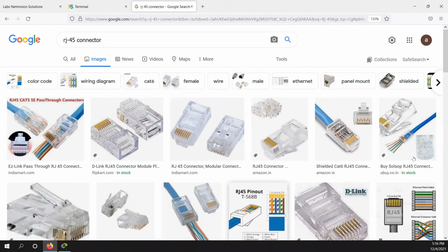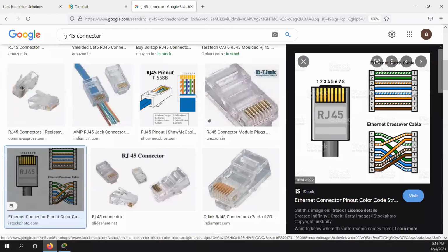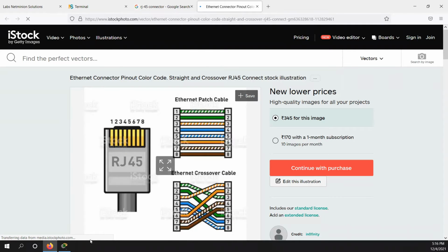So that's why there is a color coding. So if you see here, we have color coding. We have two types of color coding. We have straight cable color coding, which is also known as a patch cable, and we have color coding like cross cable color coding. So I'm just going to show you both. So you can take an example of this one. So we have a total of 8 pins in this RJ45 connector, and how you are inserting these cables into the RJ45 connector, its color coding matters. So we have EIA 568A and EIA 568B standard.